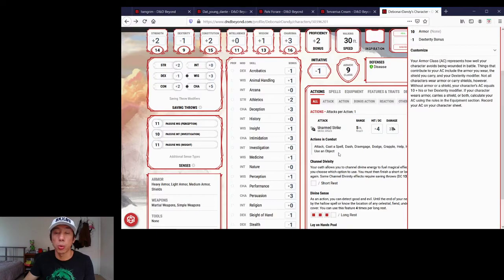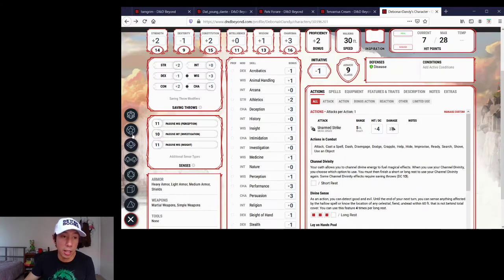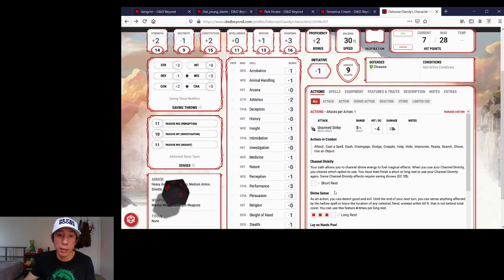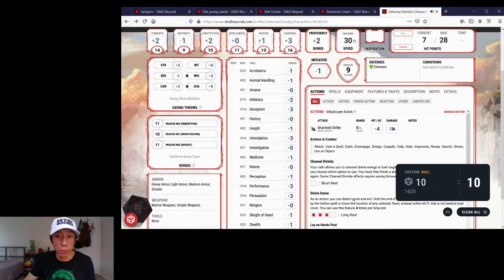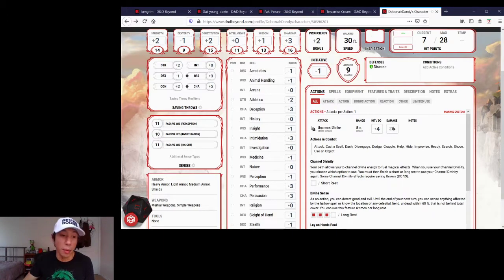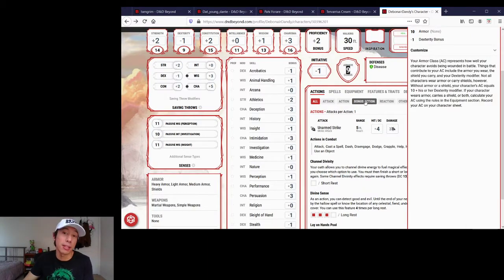The other thing is your armor class. Otter will talk through a couple of different things tonight. If somebody's attacking you, then that attack, the monster's attack roll, whatever that number might be, is going to be compared to your armor class. In my case, my armor class is 9. Let's say a goblin hits me, and he rolls a d20 to do it. The goblin rolls a 17, or we'll say a 10, since that's what showed up for whatever reason. My armor class is 9, so that 10 is greater than 9, so then I get hit,